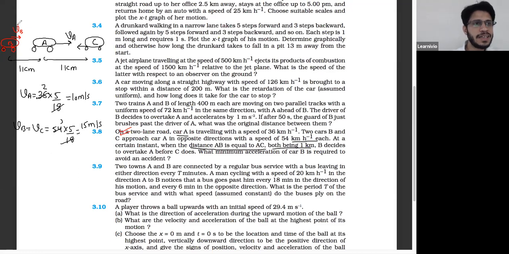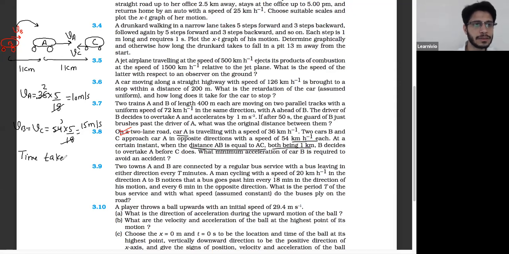So car B decides to overtake A before C overtakes A. So in this numerical, first you have to calculate time taken by C to cross A. Then we will calculate the acceleration of car B. We will do this problem in steps. First we will calculate time